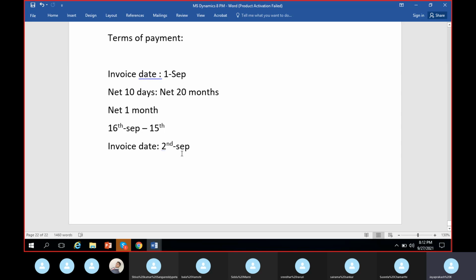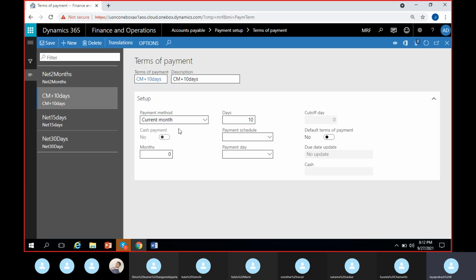Whenever you do the invoice, the system will leave the current month of the invoice date, and it will consider the other 10 days as grace days for payment. After that, the invoice will fall due according to the terms of payment. So that's how the current month plus 10 days logic works. If I give current month and here I give 10, it's like current month plus 10. If I give current month and here under month I'm not giving days, I give 1 month, then